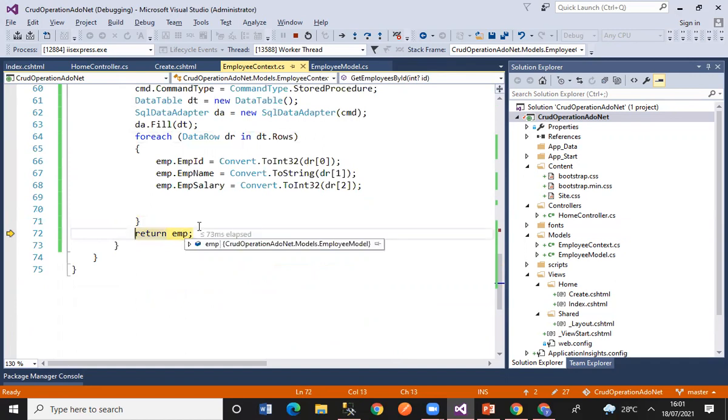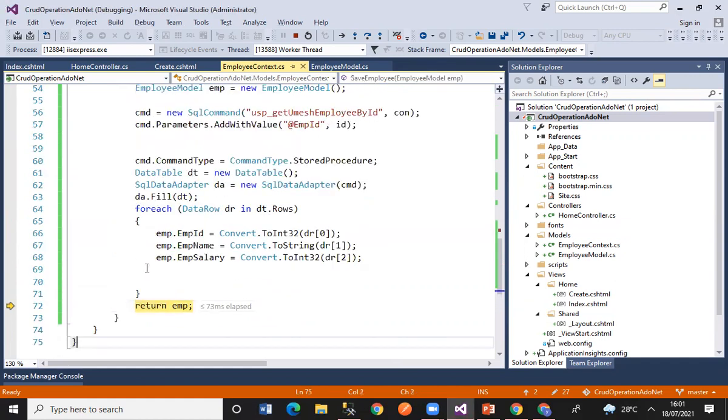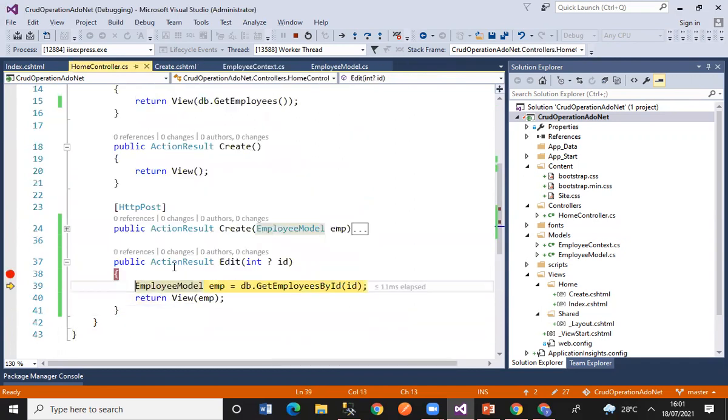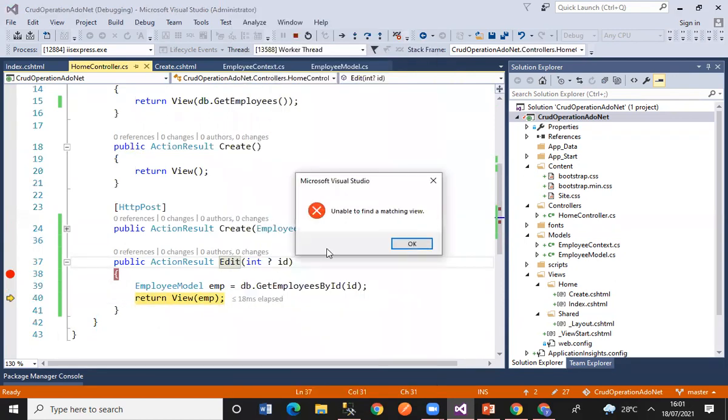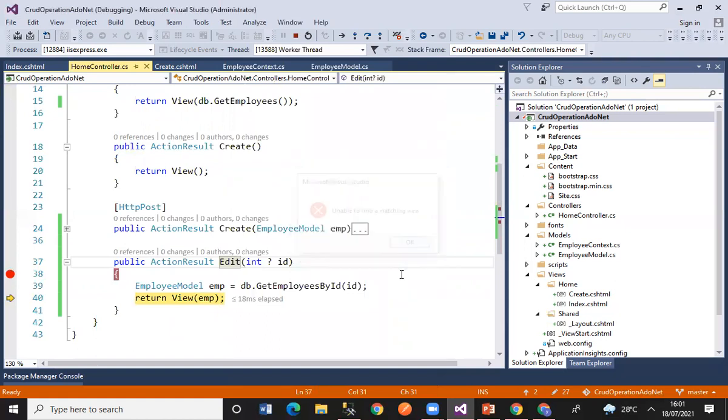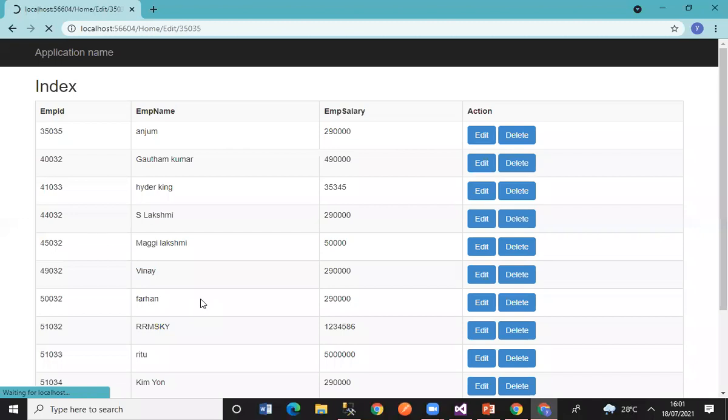Because when we are retrieving only one record, obviously we'll get one record only, right? So here we are getting only one record, and then we go back to our EMP variable, and that EMP variable we will try to send to our view page. Let's see whether we have created a view page for it. We have not created one, right? So what we want to do is create a view page and pass that value to the view page.